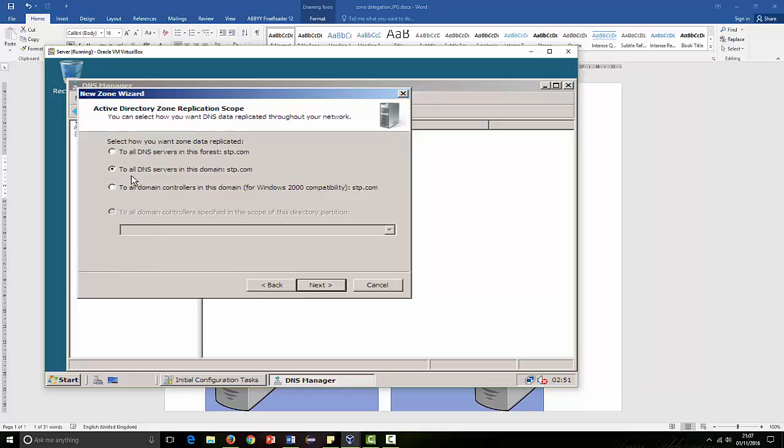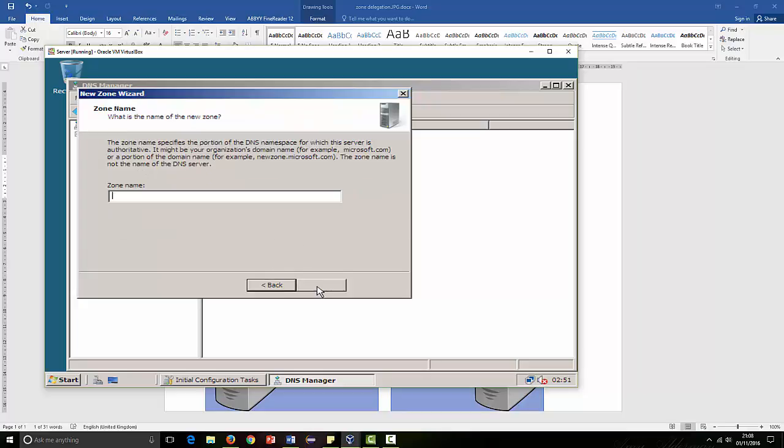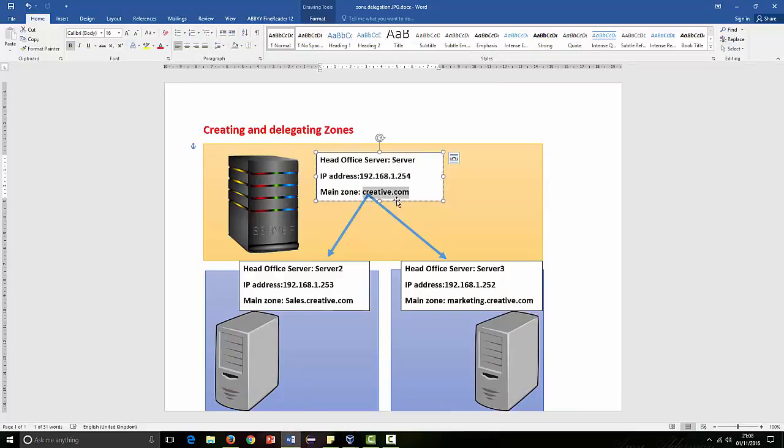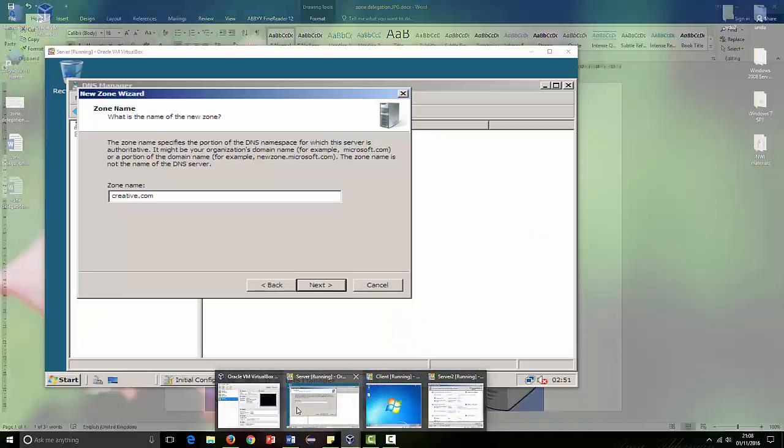They ask how you want the zone to be replicated. You say to all DNS servers in your domain, whatever your domain might be, as your domain name will be different. So anyhow, you go for this option. Next, here they're asking what is the name of the zone. According to the diagram, we planned that in the main head office, we're going to create a main zone called creative.com, and in the other sub branch, we're going to create a subzone as sales.creative.com. So let's come back, creative.com, say